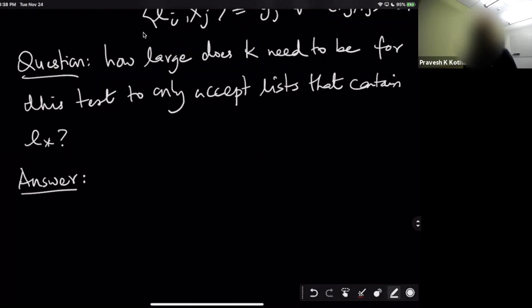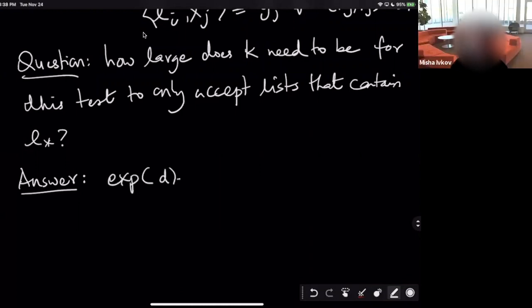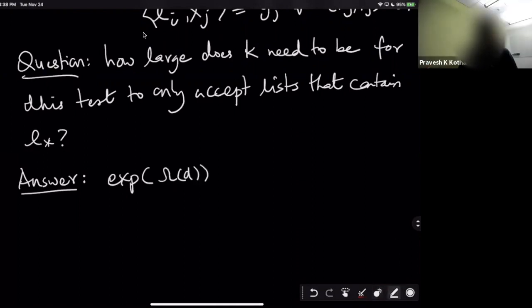So I don't actually know how to construct an example where this can happen, but I can construct a very simple example where at least exponential in D candidates are provably needed for this particular algorithm to work. I think it can be made better, but I'm going to just give you this example. This is pretty bad too, right? This is not exponential in n, it's exponential in the dimension. Good. So what's the idea? The idea is very simple.